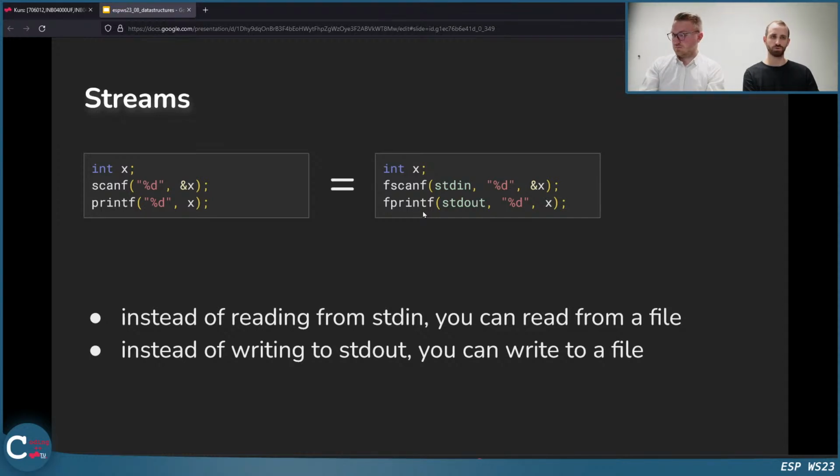But instead of standard input and standard output, we could also read from a file and write to a file. So we can write here with this fscanf. We do not want to have standard input, so the keyboard, we want to read from a file. And the other way, we have fprintf, we want to write to a file and not to the screen, for example.